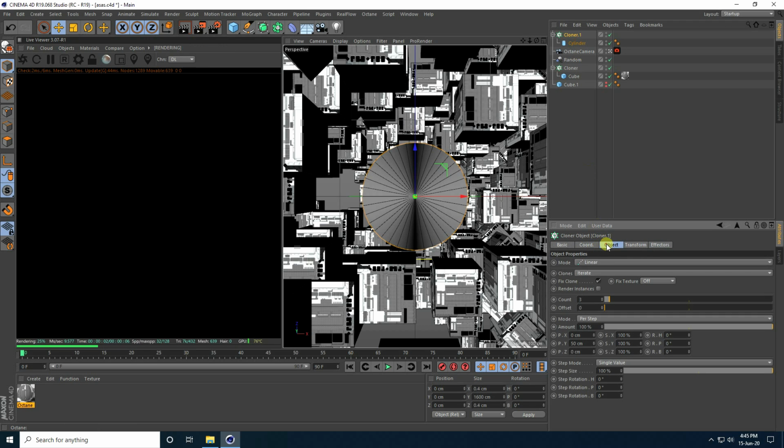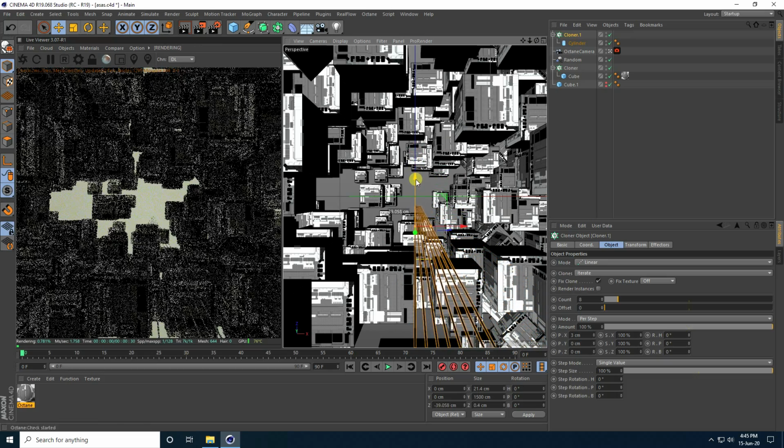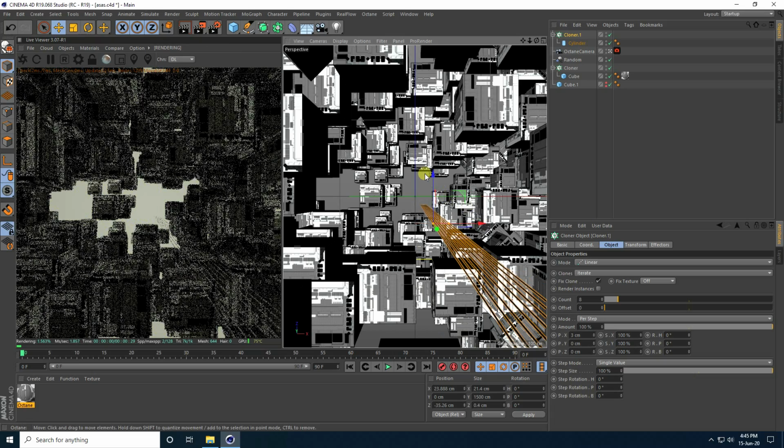Select this cloner, and position I take y-axis 0 and p x increase like 3, and count increase like 7 is good. So select this cloner, go here, that's my simple strips. Like this, and go back.